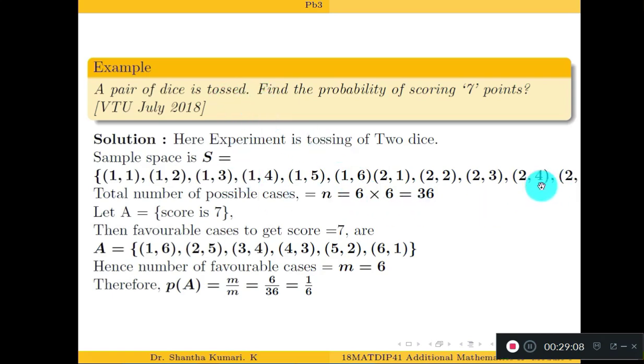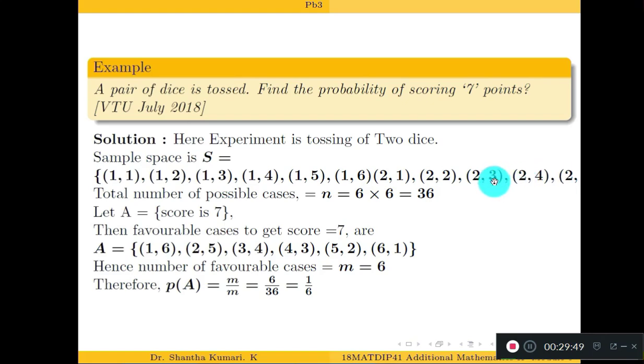Here actually I have listed the outcomes, but that list is not visible. Can you tell me how many elements are there in your sample space when you toss a pair of dice? When you toss two dice, which are the outcomes here? You may get the first die showing 1, and the second die showing 1. First die 1, second die 2. Like this: 1 1, 1 2, 1 3, 1 4, etc., 1 6. Then 2 1, 2 2, 2 3, etc., 2 6. Actually, the list continues here and is not visible.